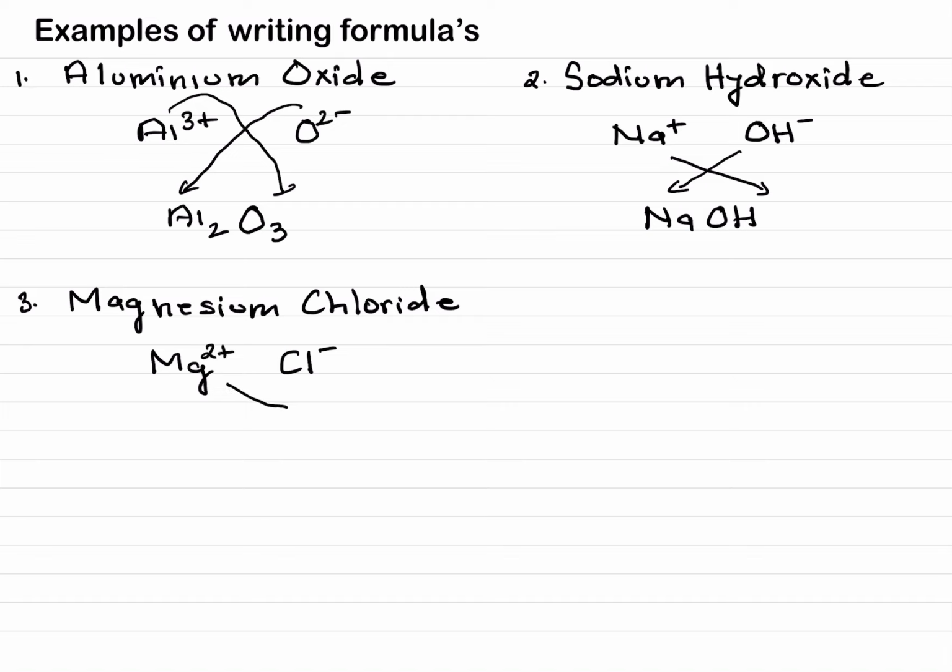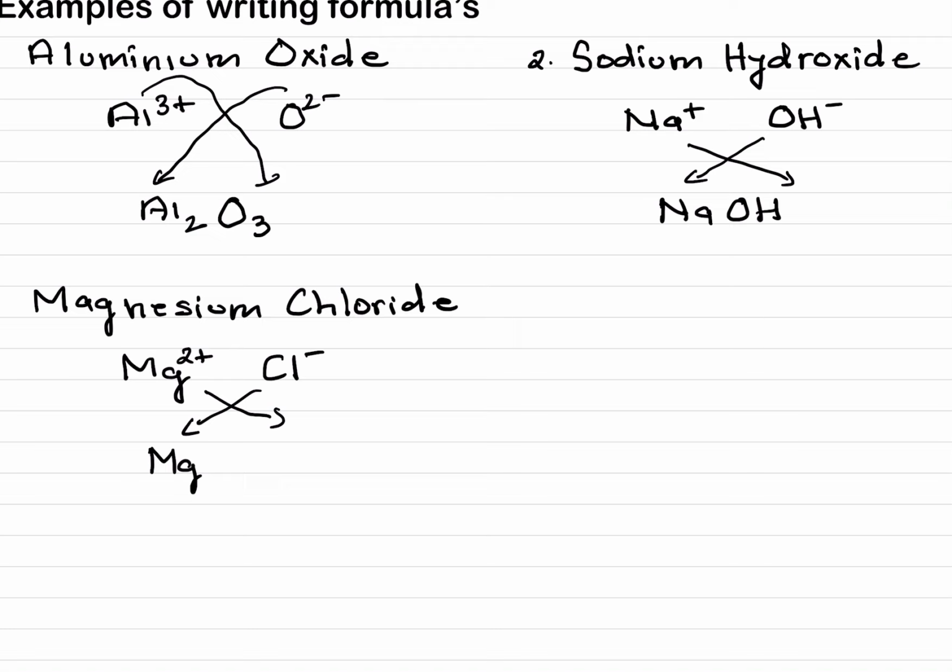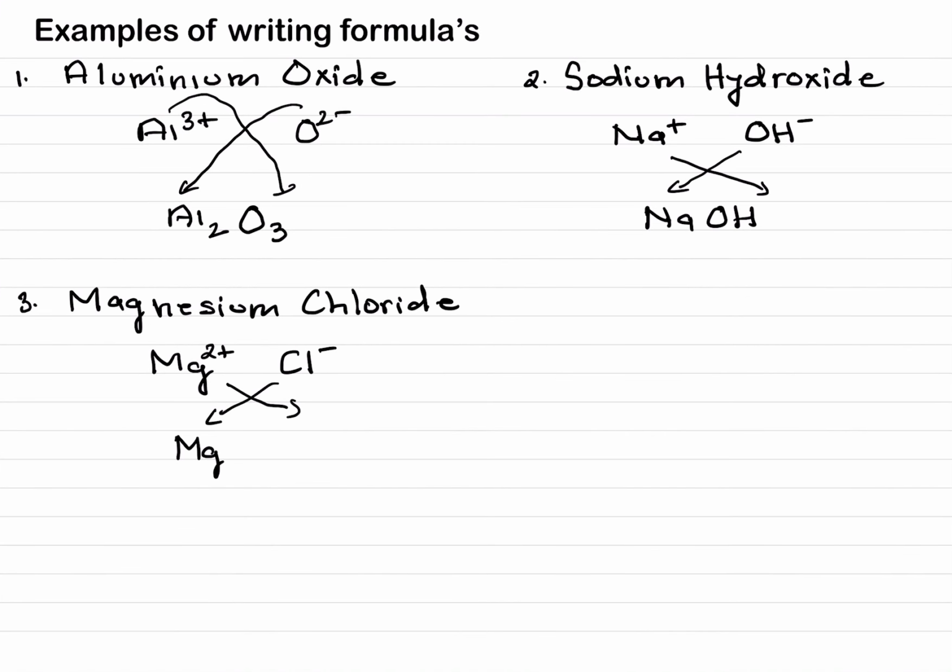So let's exchange the charges to the opposite element. Mg has a 2 plus charge, it will go to chloride. Chloride has a negative charge, so we don't write anything beside magnesium. So MgCl2. This 2 beside the chlorine comes from the charge of magnesium. Let's do another example. Number 4,